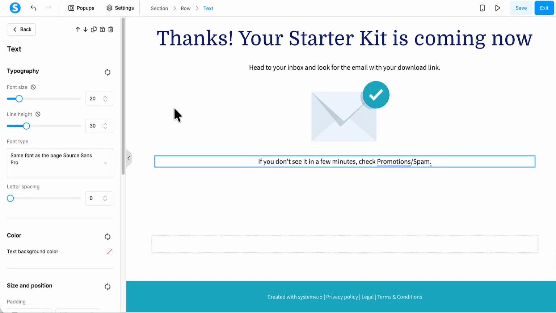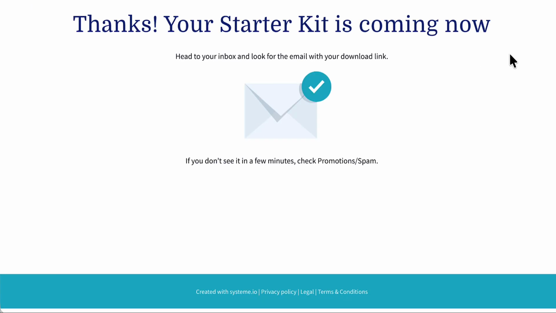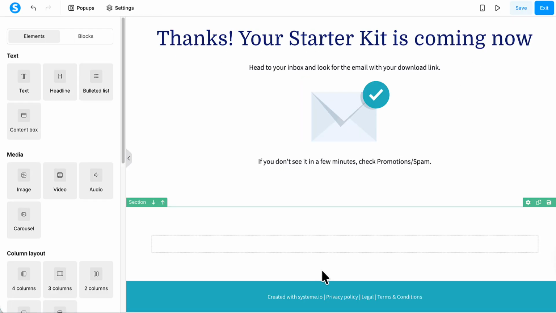So this page confirms that the email has been sent out and the subscriber will receive their freebie. It's also a good idea to add this option here, check promotion spams, to stop any future complaints you may get from not receiving the actual email. Okay, I'm going to click save, and then for a preview of that, there we go. So that's quite good. Same as with your thank you page as well, you want to also